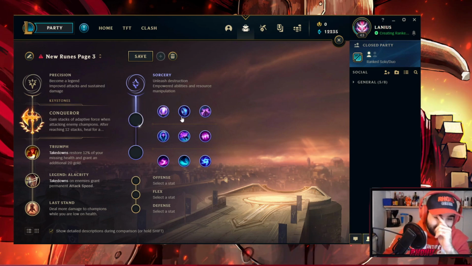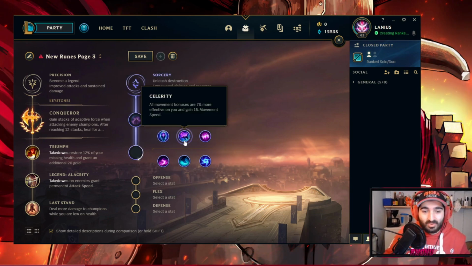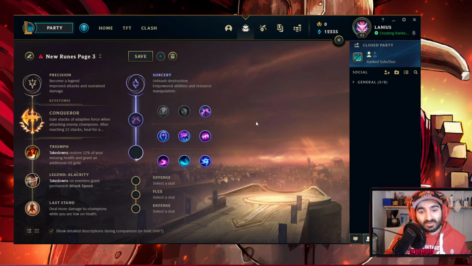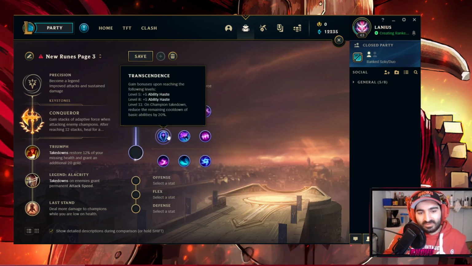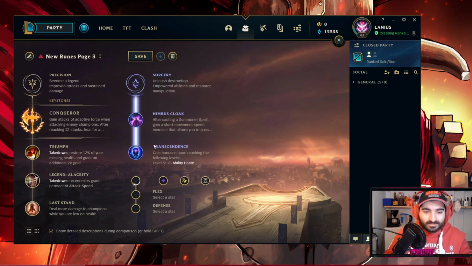So let's just go into the Sorcery tree. The Sorcery tree is not very open in terms of choice. You mostly go Nimbus Cloak and you go either Transcendence or Celerity. All of these other things are completely worthless. We all know Nimbus Cloak is great with our summoner spells. So just pick the one that you find better. If you like Celerity, which is a bit of extra move speed, you go Celerity, but I personally like Transcendence